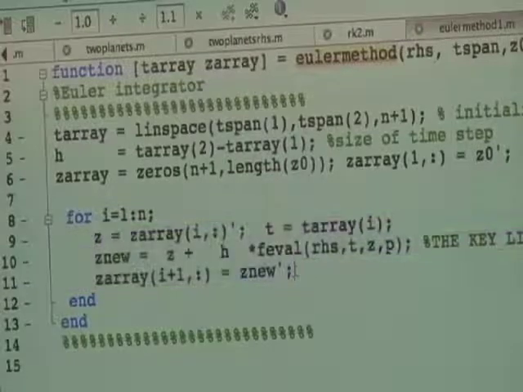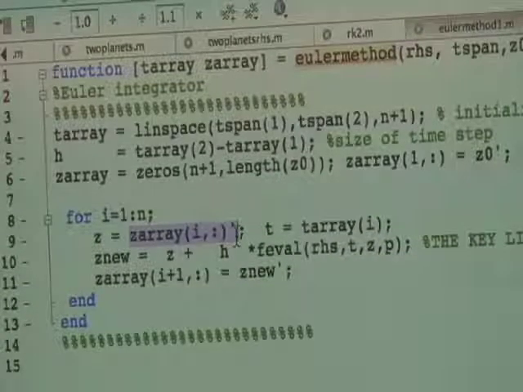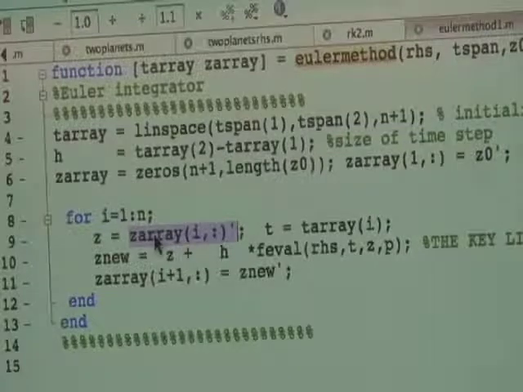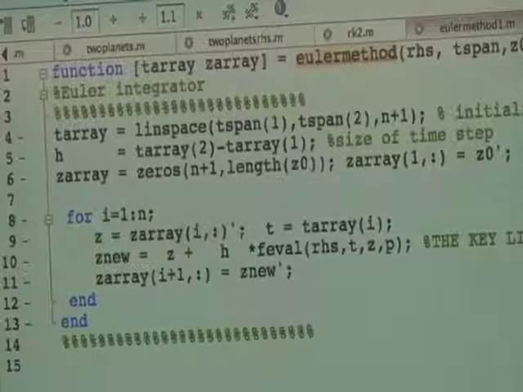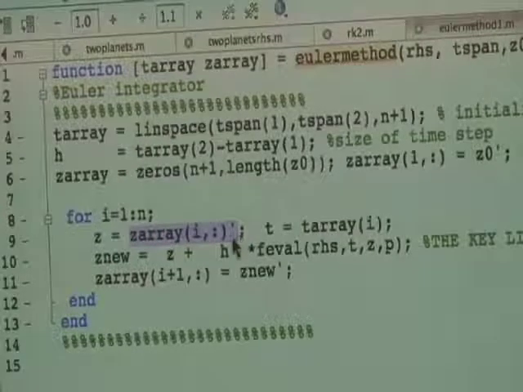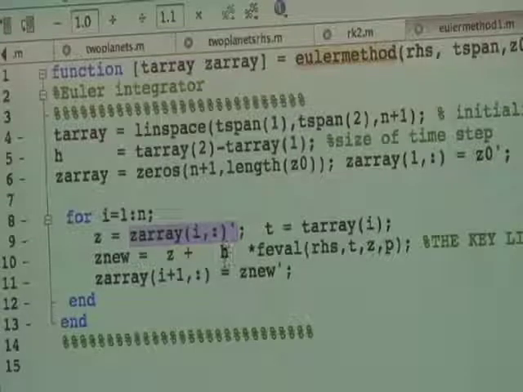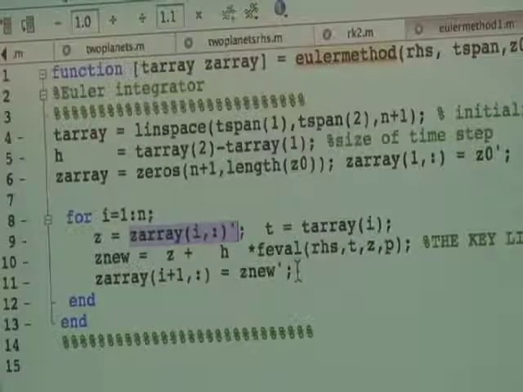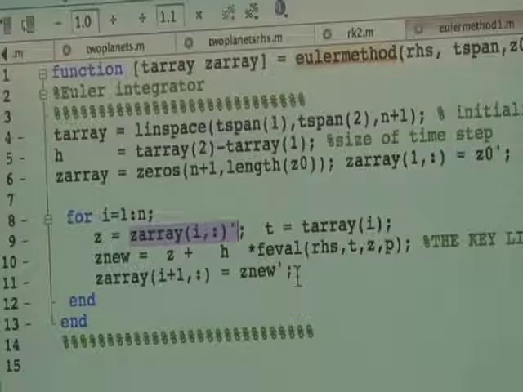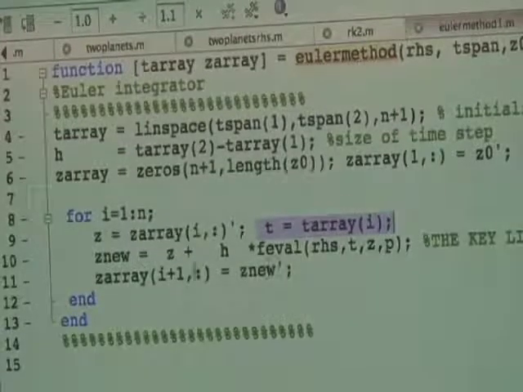Okay, now what are these lines of code? It says, let's look at what the state of the system was at the last time. So this is one row of the solution matrix, but we're going to write it as a column, and that's just a MATLAB thing, which we don't have to do, except when we start using more fancy MATLAB programs. We have this array of times, which is just a long list of the times of the solutions.